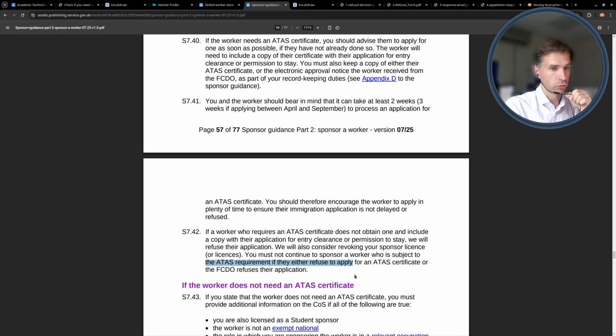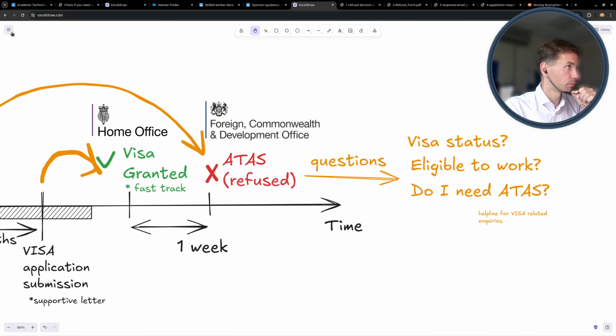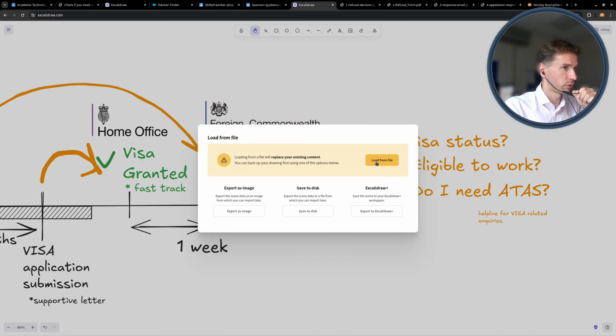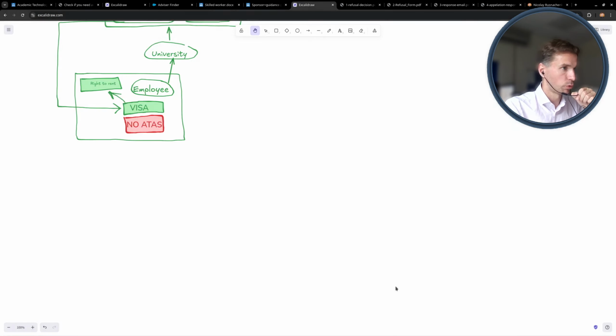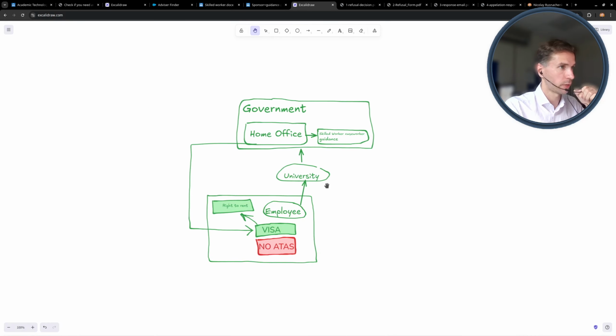Let me explain in greater detail, because there is so much information on how these two documents could be combined in order to find out what the further actions will be and why specifically we needed to apply for the ATAS.